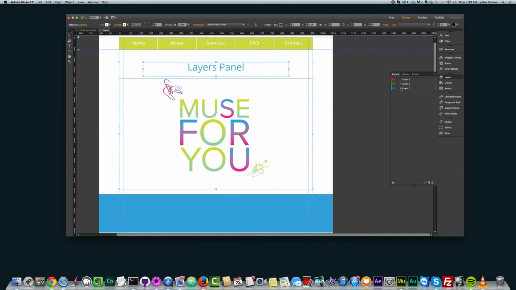There we go. So the layers panel is very useful, and it'll help you stay organized and put objects in front or behind. Again, anything that's on top is in front, and anything that's lower to the bottom is in the back. So another way of saying it, anything on top is in the front of your